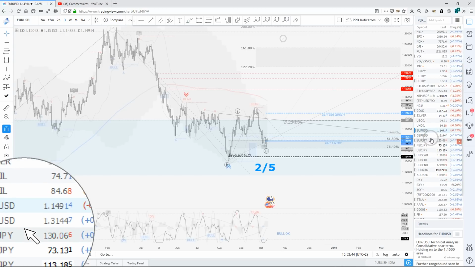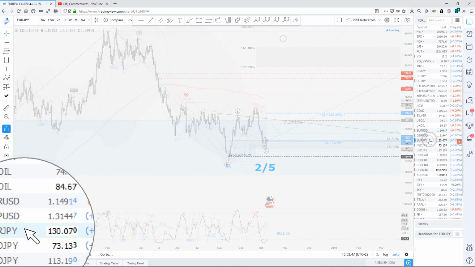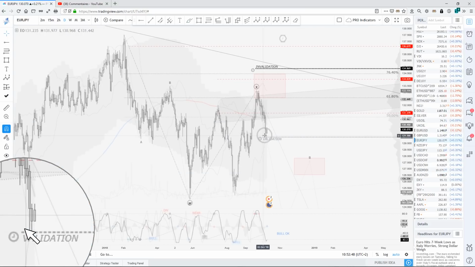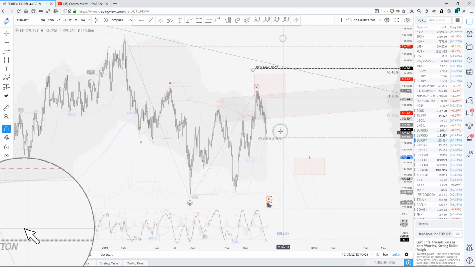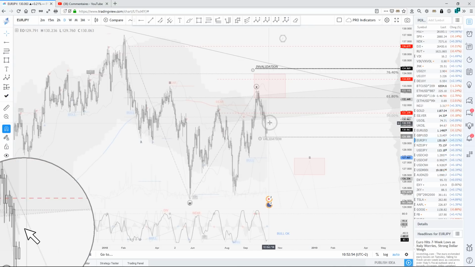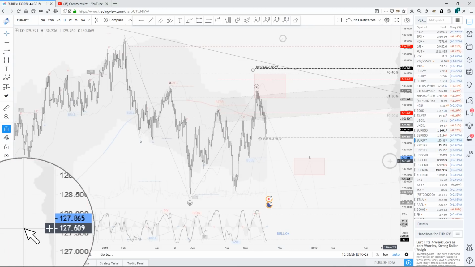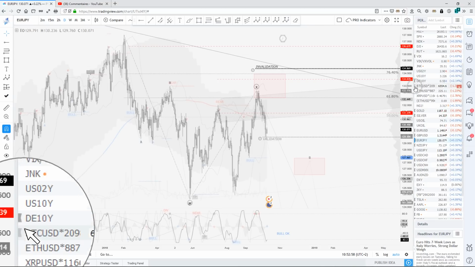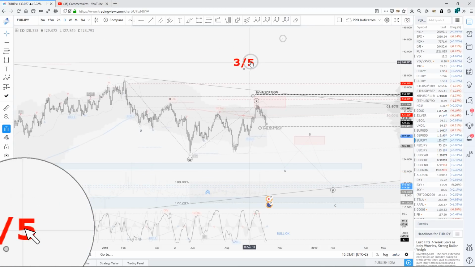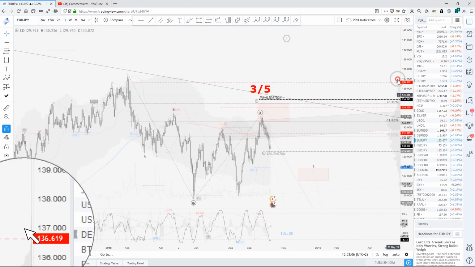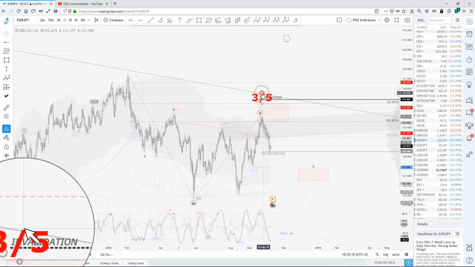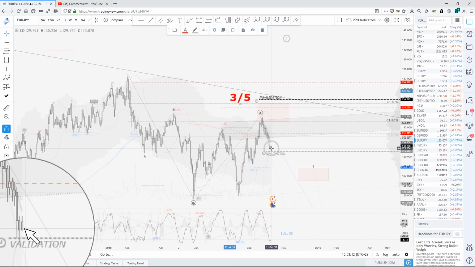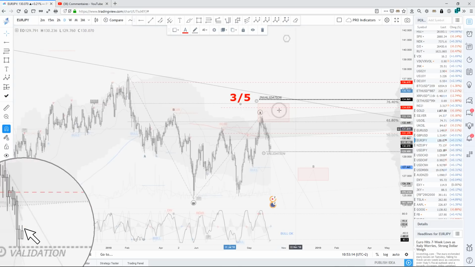GBP USD, I'm still bullish on this one. Euro yen, I've been taking, as I said, partial profits, and now I'm waiting to see how the market behaves in that price area. Waiting for it to build a range and then break down that range will be the confirmation to go fully leveraged on that market. I've been reducing the numbers back to 3-on-5, and I'm currently lightly exposed to that market,